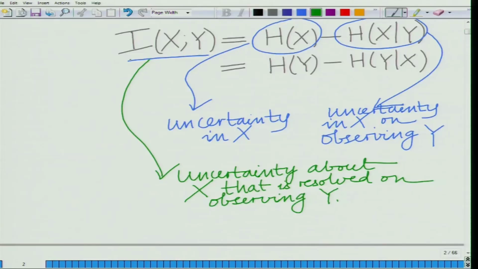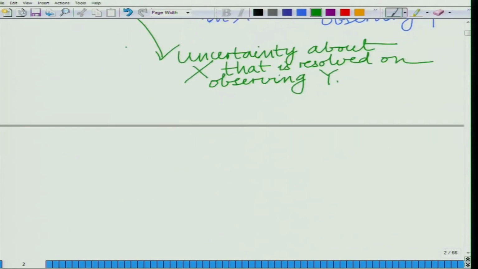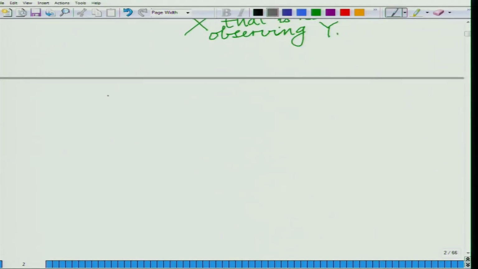That is, we would like to make this mutual information between X and Y high. Mutual information of X and Y is nothing but the uncertainty in X that is resolved by observing Y, or the uncertainty about Y that is resolved on observing X. That is, you can also say how much information is conveyed regarding X by Y, and regarding Y by X. And therefore we want this quantity to be high, and in fact the fundamental result for the capacity of the channel